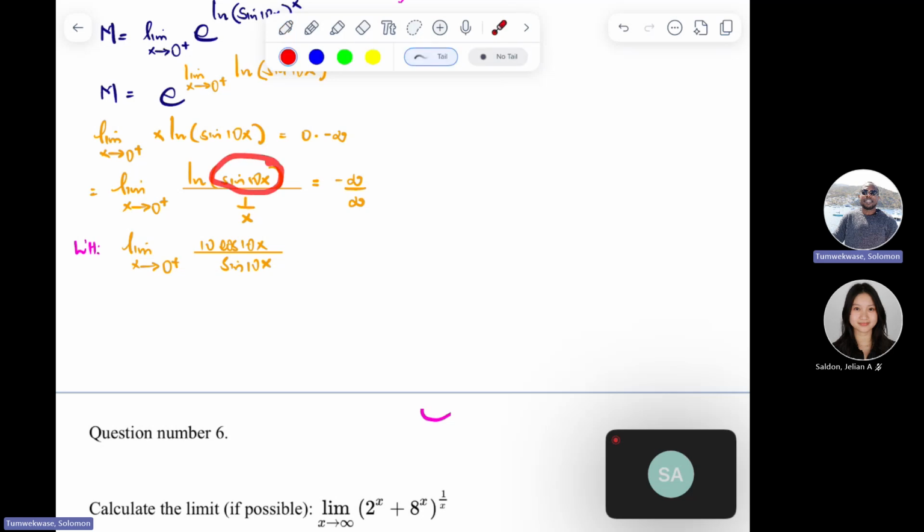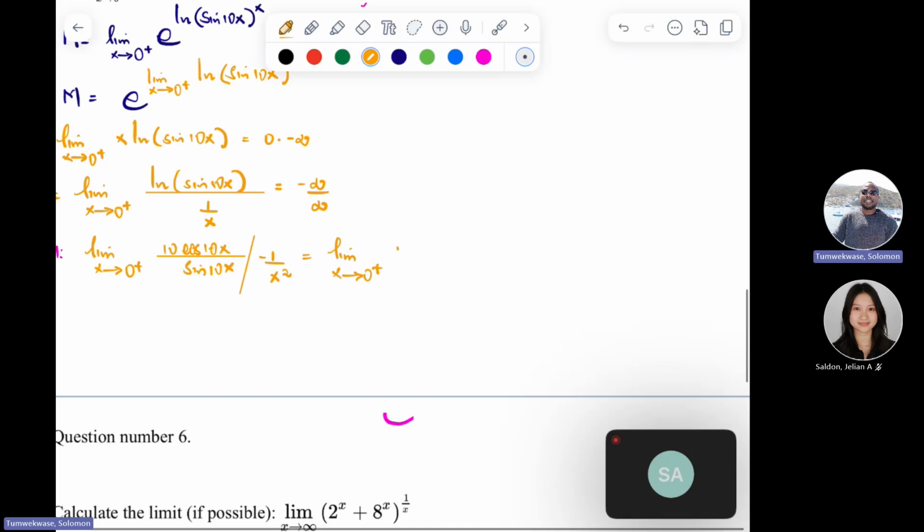You differentiate this guy, which you get that, then divide by that same guy, which is that guy there. So that is the derivative of the numerator. The derivative of the denominator is negative 1 over x squared. So I'm dividing by negative 1 over x squared, and this I can write as the limit as x approaches 0 from the right of 10